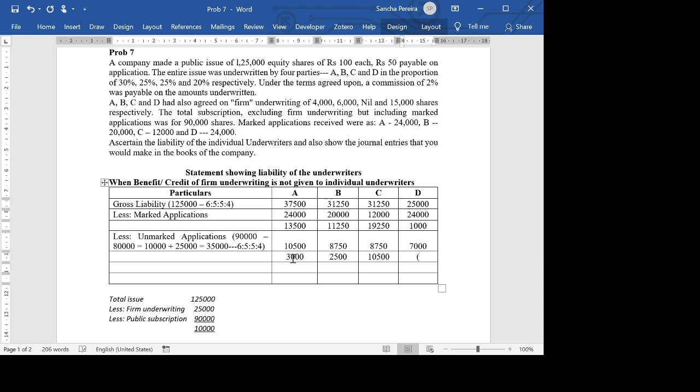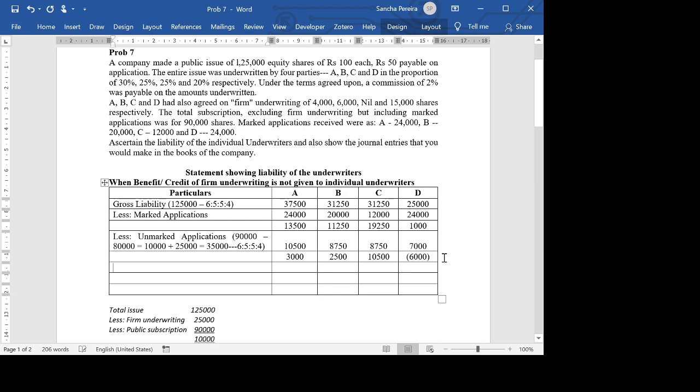And here we have a surplus of 6,000. That is, its actual liability of D had come to 1,000, but he has got unmarked applications plus firm underwriting of 7,000 in his favor. So his surplus is 6,000. Now this 6,000 we need to divide